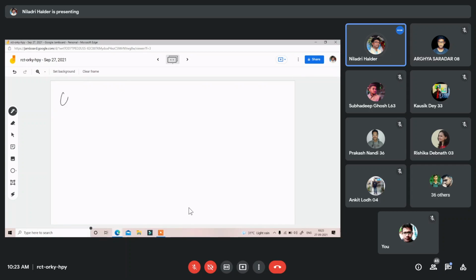Next is unit ramp. What is a ramp signal? A ramp signal is like that. All of you know. You have done